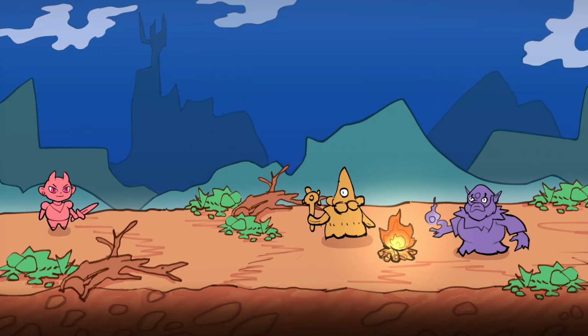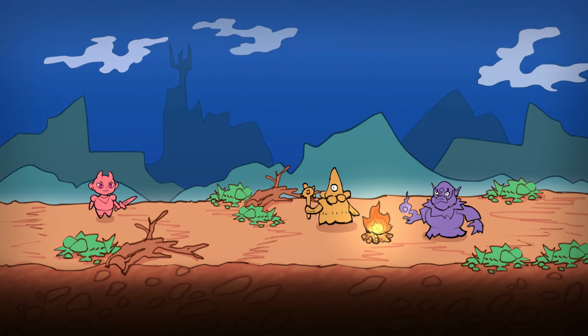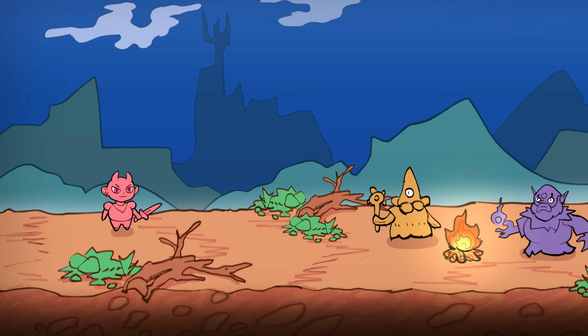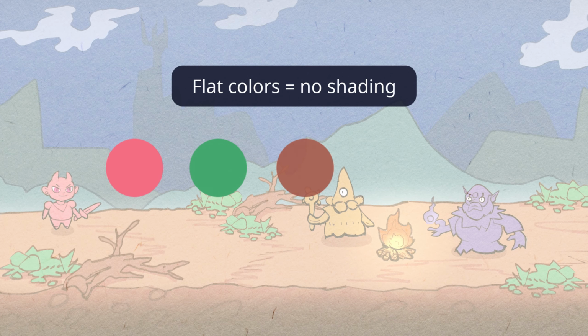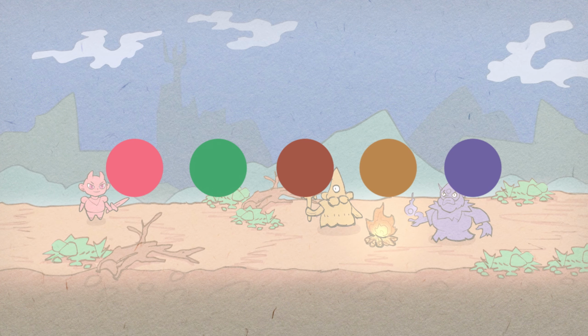I'm Daniel, and today I will tell you some tips to improve the graphics of your 2D games. I've made this game mockup to demonstrate the different tips and methods I will talk about. It's a simple theme. The player is a demon warrior of some kind and has to battle different monsters. I've used flat colors for most of the assets, because the focus of this video is on how to make the different elements fit together.